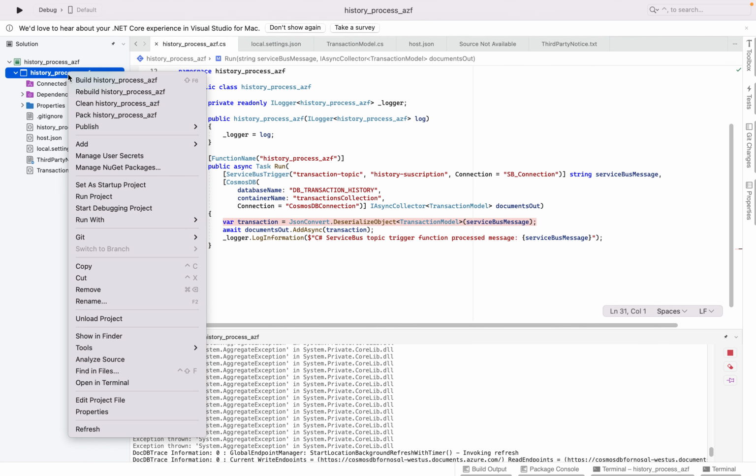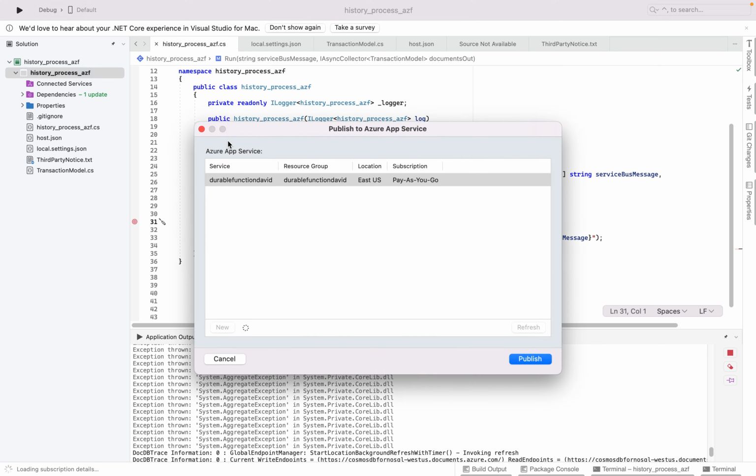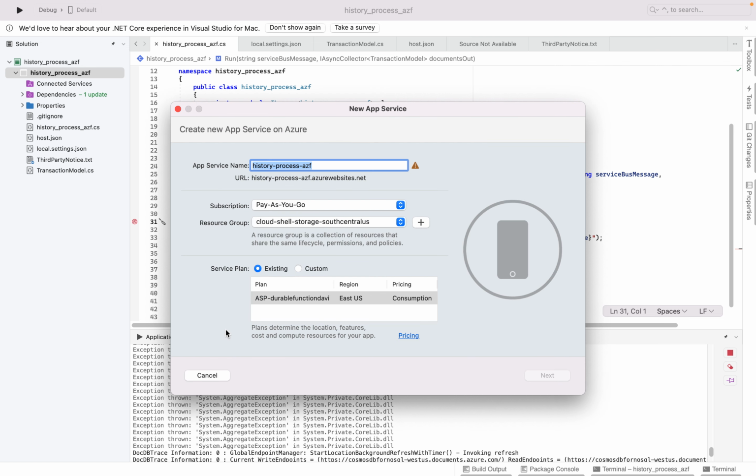So let's just right click, publish, and we click on publish to Azure, and we are gonna create a new function. The app service name that we're gonna use is gonna be the same Azure function app service. We're gonna create it in the subscription pay as you go. The resource name, we're gonna use the Microsoft for Azure. And Azure Functions